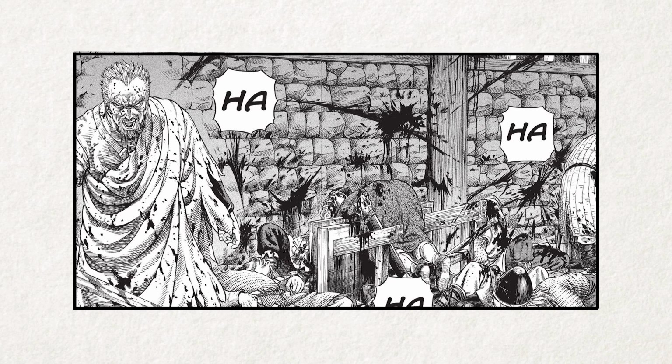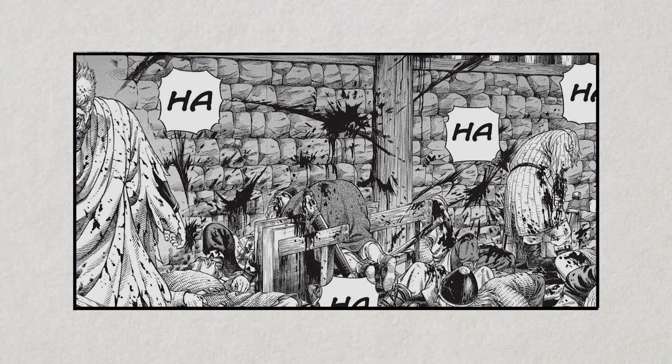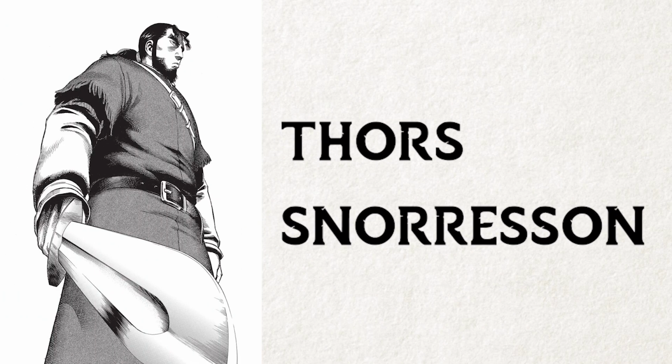So, violence is a constant in Vinland Saga. Which makes it even more surprising when the main, central theme of the entire story reveals itself to be pacifism. The story goes to great lengths to not just explore violence and conflict, but also ponder the potential of pacifism and non-aggression. This starts with Thors Snorreson, the Troll of Jom and Thorfinn's father.